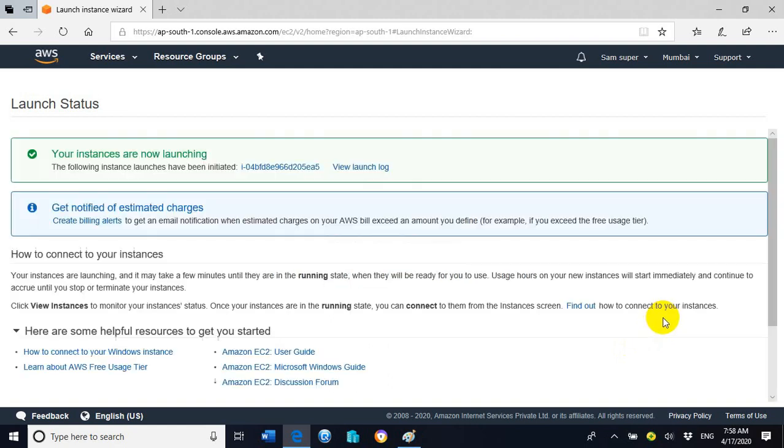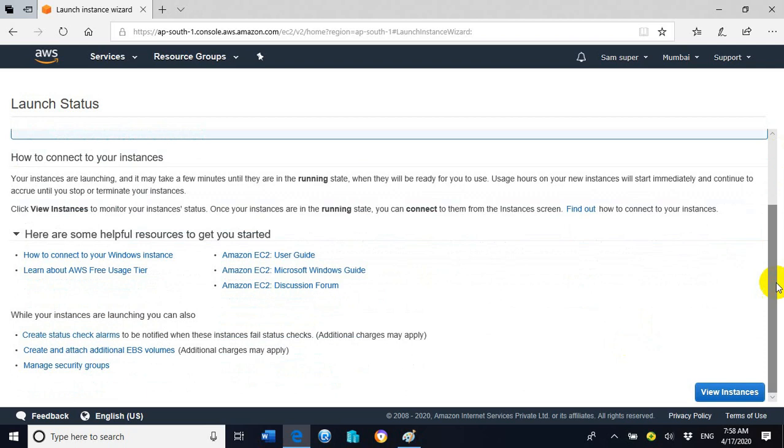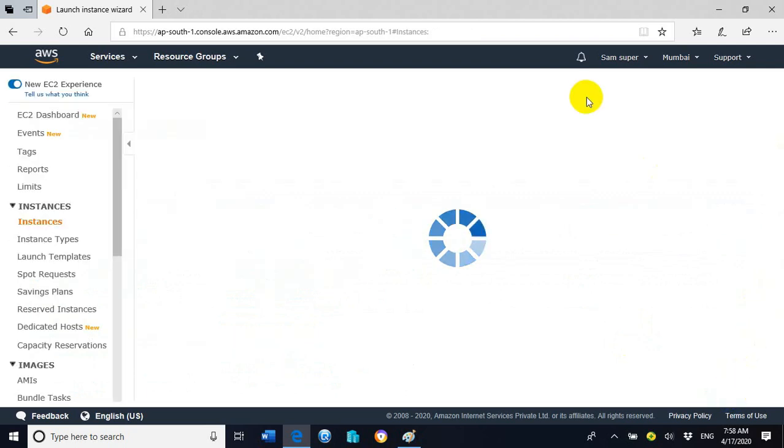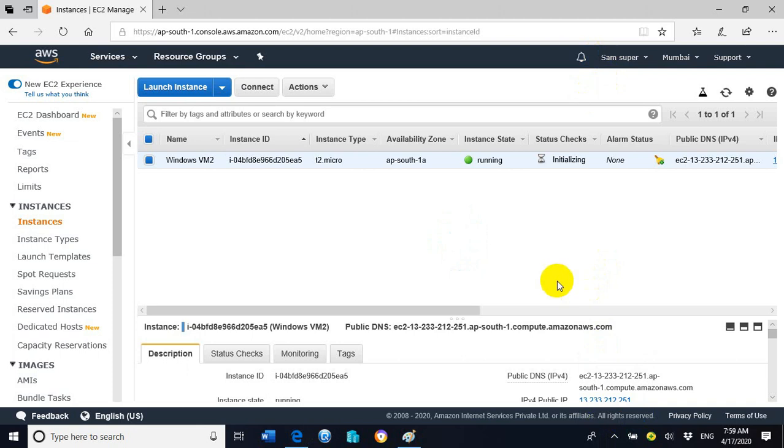Now click on view instances. Now you can see on the screen that the Windows VM2 instance has been created and is in the running state, and the initialization is in process.